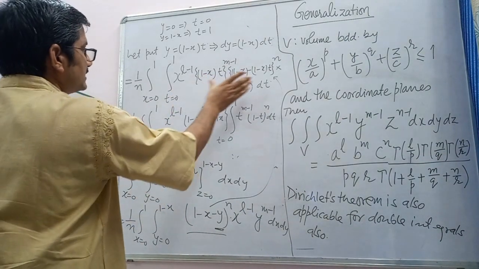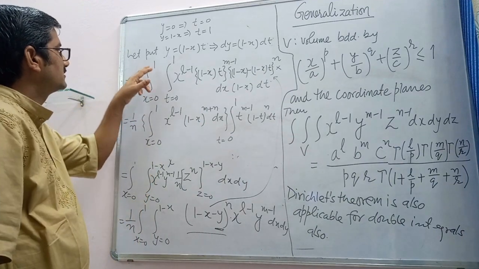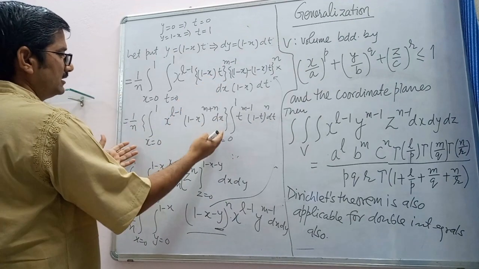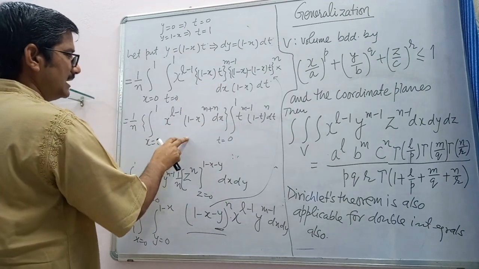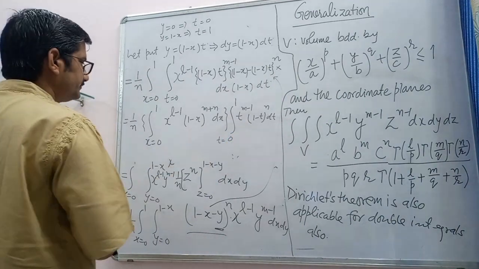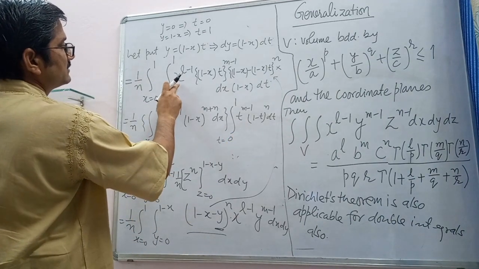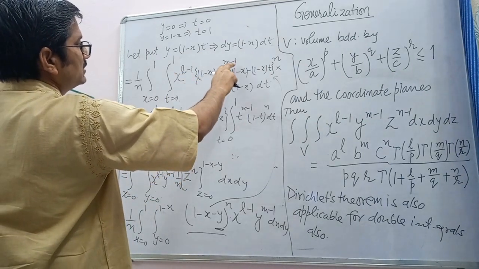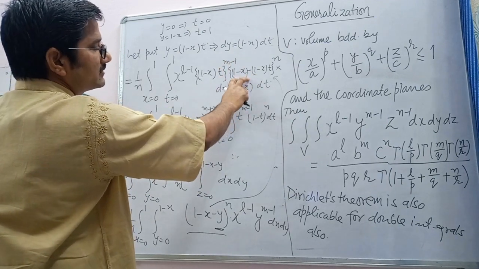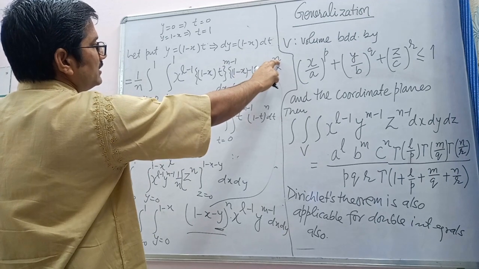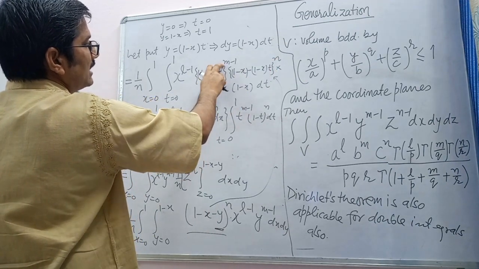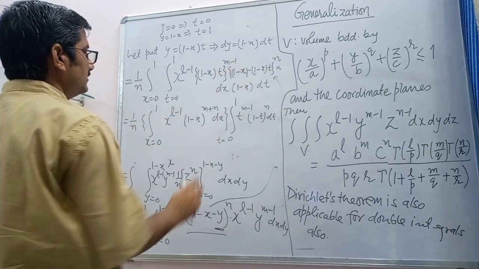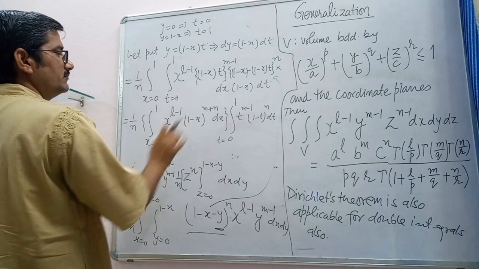Simplifying these calculations, because both the limits of x are constants and of t are also constants, we can write this integration as the product of two integrals, one in x and another in the variable t. So we can collect the powers of x from here: x to the power l minus 1, and (1 minus x) to the power m minus 1. If you take 1 minus x common from here, you will get the power n. So (1 minus x) to the power m minus 1 plus n, and then again plus 1. Plus 1 and minus 1 will cancel, so (1 minus x) to the power m plus n.